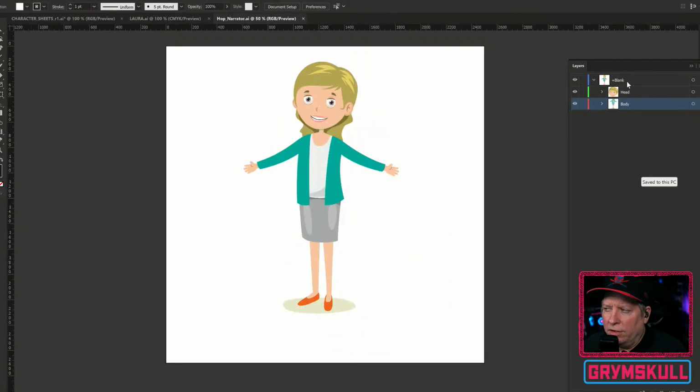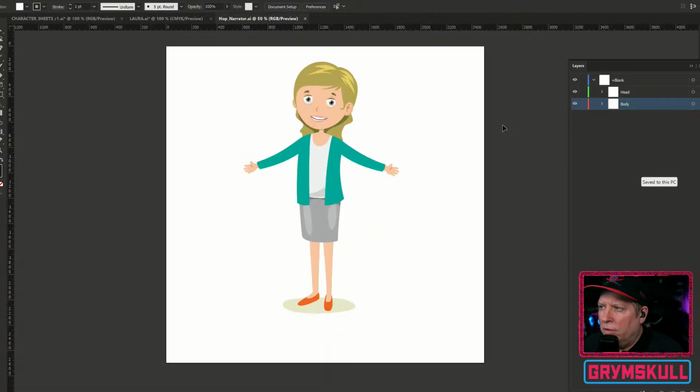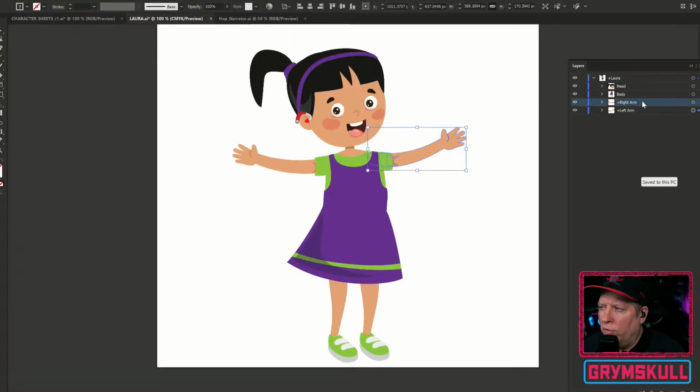The character name should go there, head and body. So let's go back to Laura. We want to take that plus off, and the body plus off. And then we see that there's only a head and body for them. So we need to move the right and left arms into the body because that's part of the body.